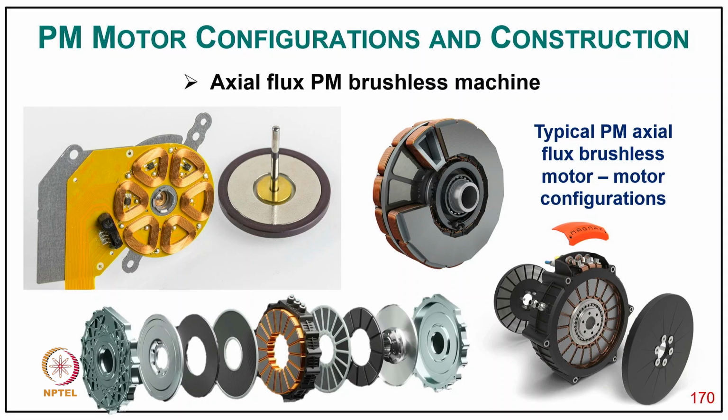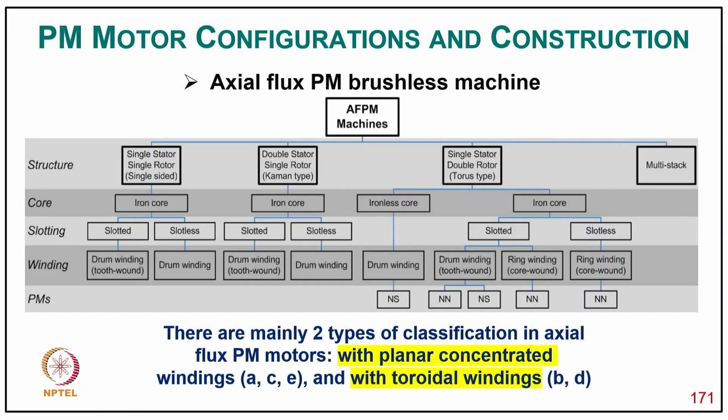They are very suitable for the EV industry, especially for hub motors and many other applications also. They are considered quite high power density motors. The axial field motor can also be classified by structure, like single stator single rotor, double stator single rotor, single stator double rotor, or multi stack, like as you can see, slotless or slotted motor